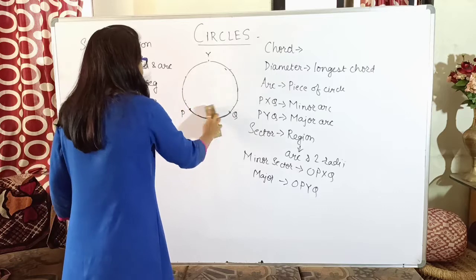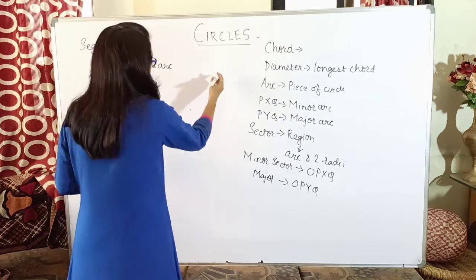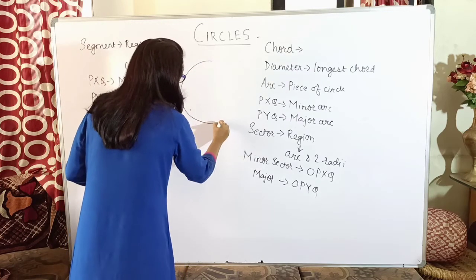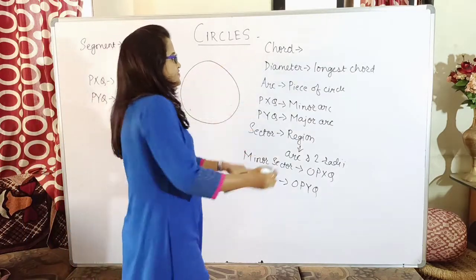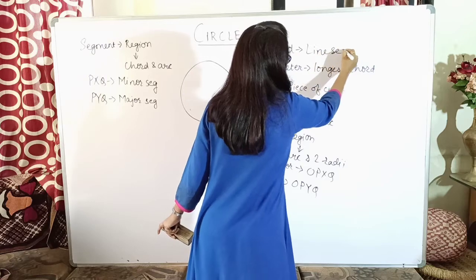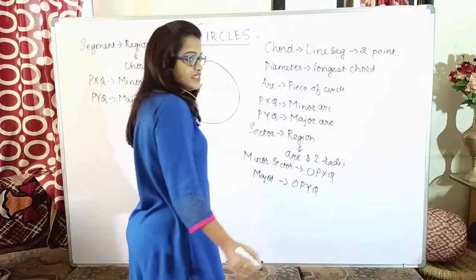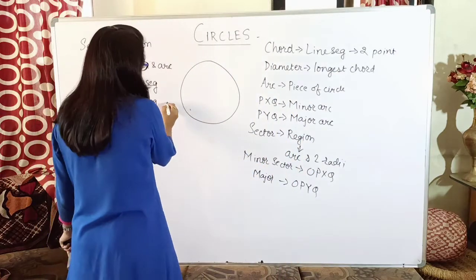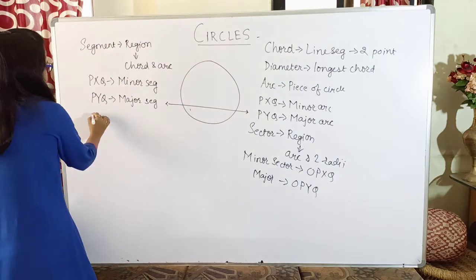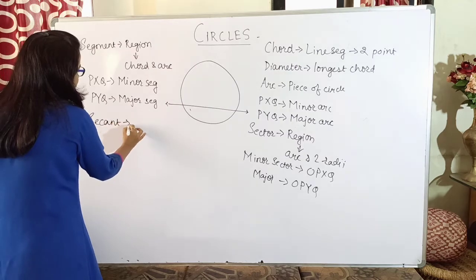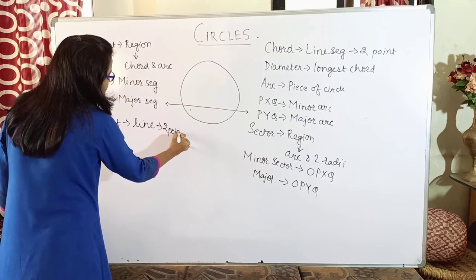secant. Now what is a secant? Let me draw a new figure for it. Secant, and then we will be looking at tangent. So now this is your circle. Okay, so chord, as I have said, it is a line segment which is intersecting the circle at 2 points. Now secant is also intersecting the circle at 2 points, but the difference is it is not a line segment, it is just a line. Okay, so secant is a line which is intersecting the circle at 2 points.